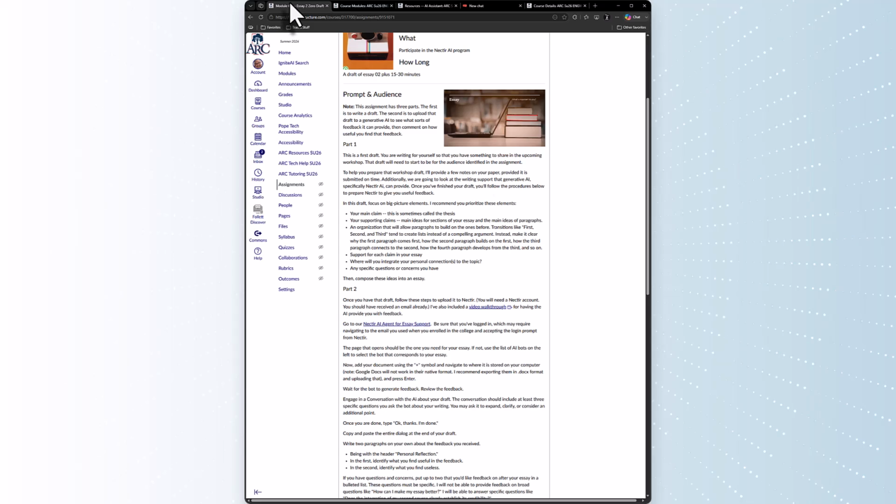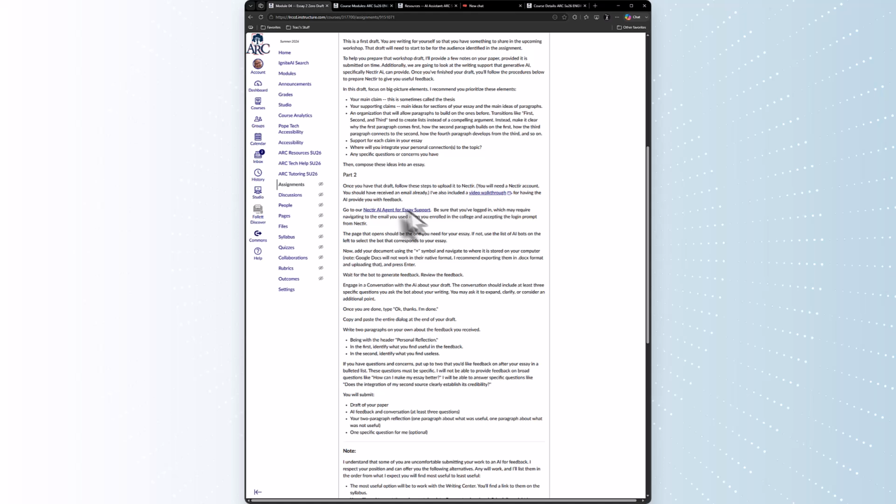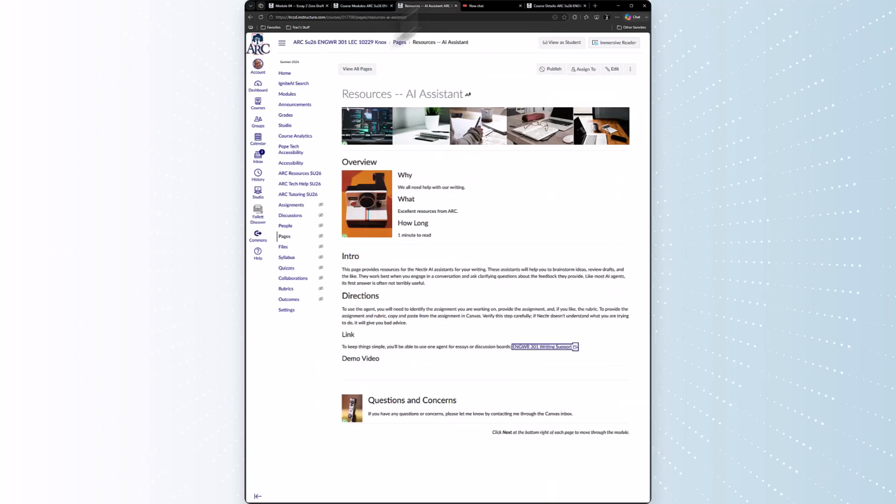So what we're going to do is look at how you can access the bot. This assumes that you've already responded to that email that I sent you on the 17th and have activated your account. So you will find a link to the page that has the AI agent support. That will bring you to this page, which includes some introduction, some directions, and then the link directly to the